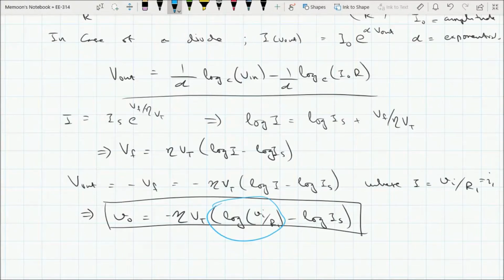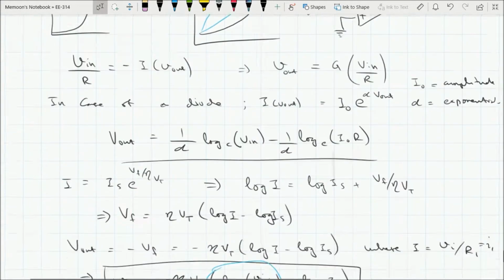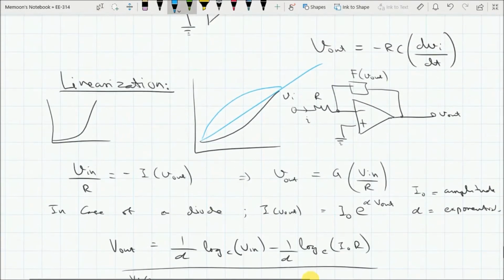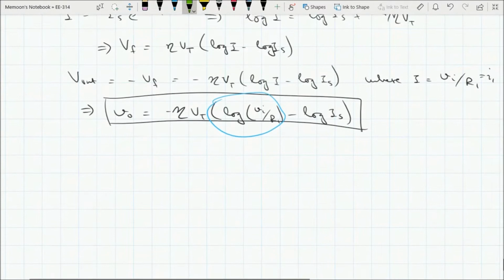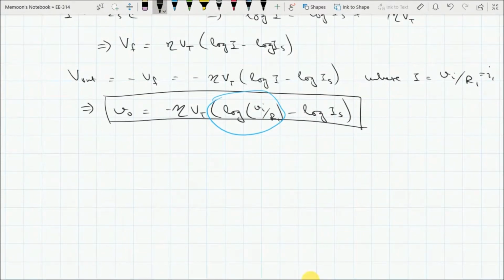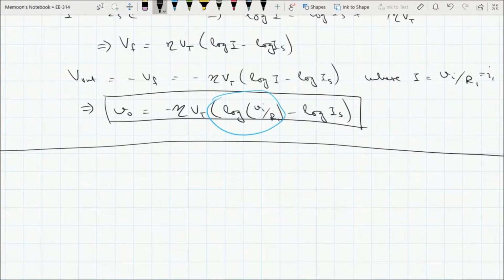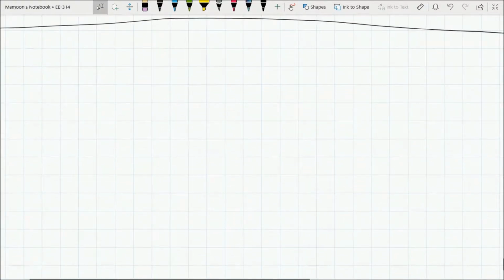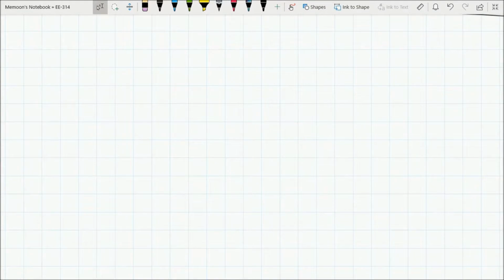And here in this feedback block, you can use any function that is opposing the function of your Vin, and you can linearize it. A better way to linearize these days is to implement the equation of that particular input and solve it mathematically inside a microcontroller or a microprocessor, because now the digital processing power of basic microcontrollers has substantially increased, and we don't need these kind of circuits